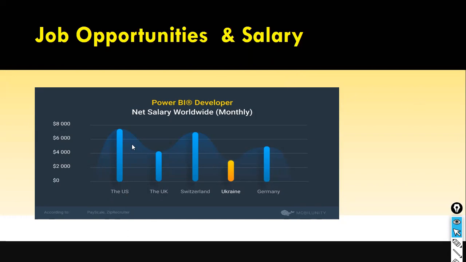Okay, the salary. You can see the US, they are the top paying salary country. And the UK is okay, but US, Switzerland, and Germany pay good salary. I hope all of you would have seen on Instagram, Austria and Germany, they are recruiting like anything. They are welcoming people from other countries, in fact. They are running short of human resources there. The US, Switzerland, Germany, and even Arab countries are paying very good salary.